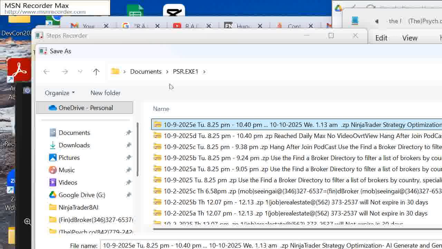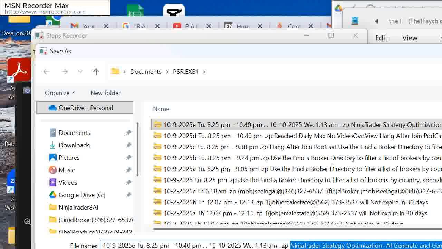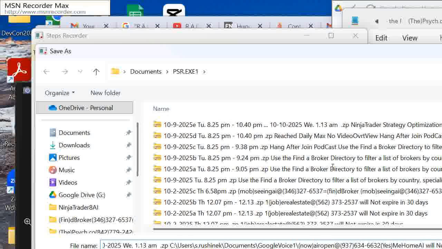which is today's date. I get rid of the version Control E and delete it. And then the day of the week today is Friday, so I'm going to put a capital F and lowercase r with a period for Friday. And the time of the day is 2:09 p.m. So I'm going to put in